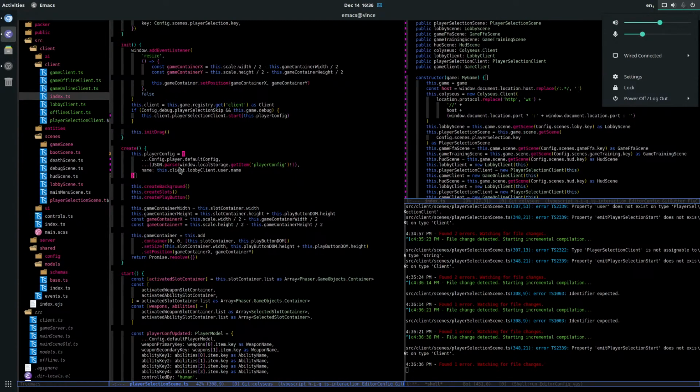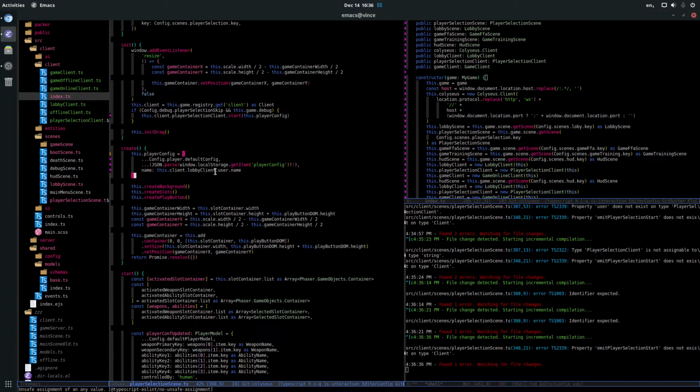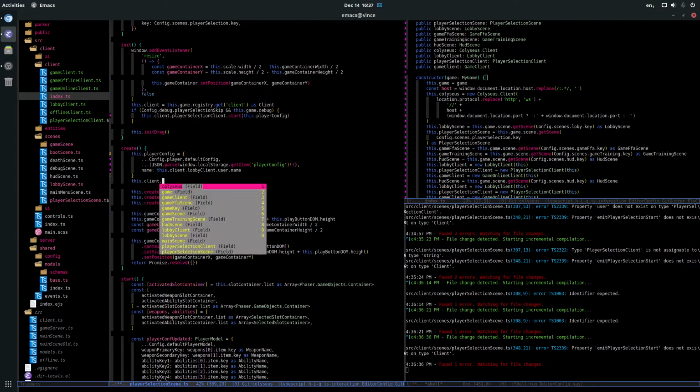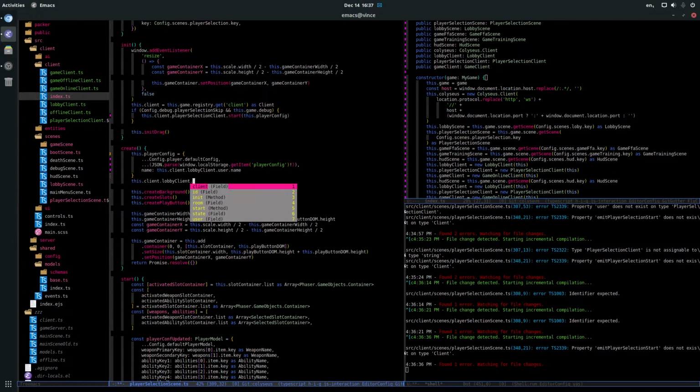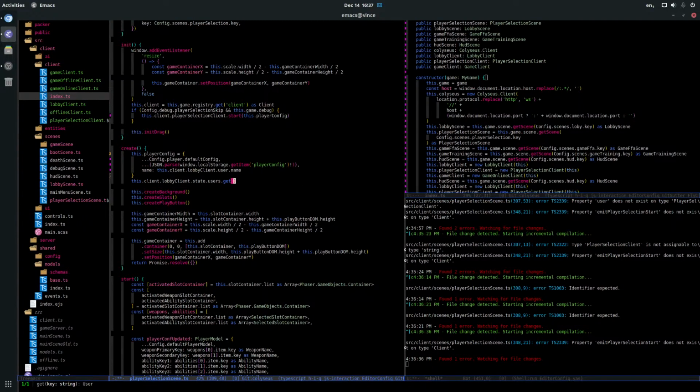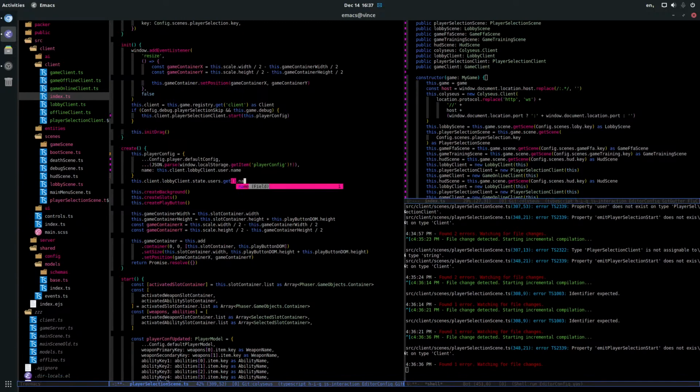Of course I can have a getter for that. Yeah, but I don't know. Should I be using the lobby client? Yeah, technically I should use that, but I should do a get with the ID, get back the correct user and use the name. I should do something like that with the correct ID and not store anything